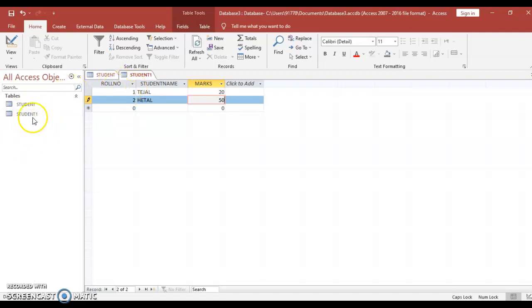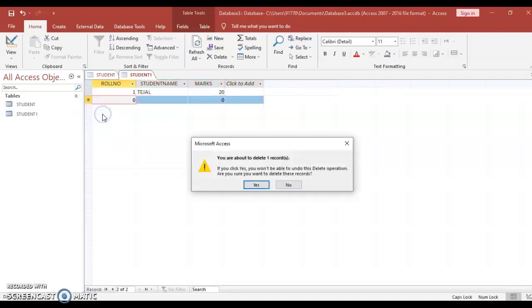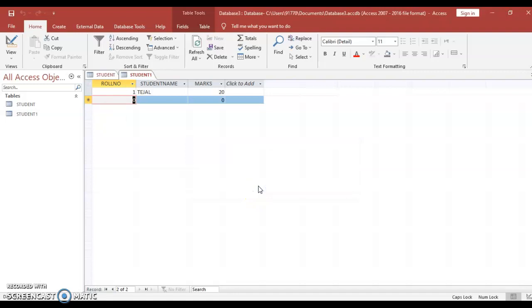and you can create number of tables in one database. So ये मेरा database है, so यहाँ पे हम लोग number of tables create कर सकते हैं. So this is how we insert the data into the table. Suppose I want to delete this data. So right click on this, then delete the particular record. Your one record is to be deleted. Okay, this is how we delete the record and insert the record.